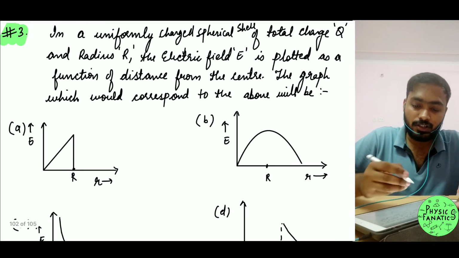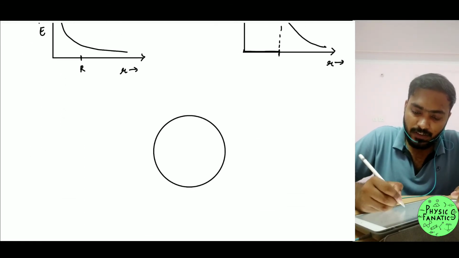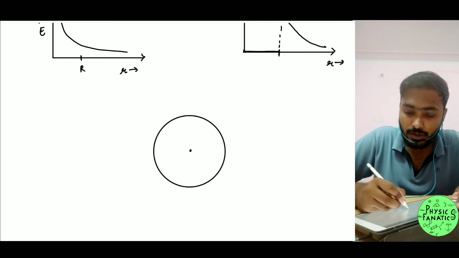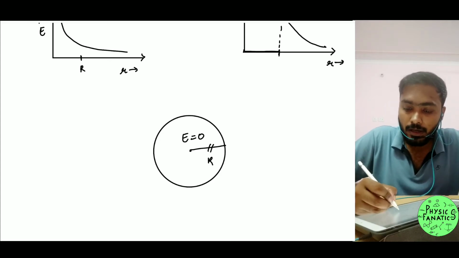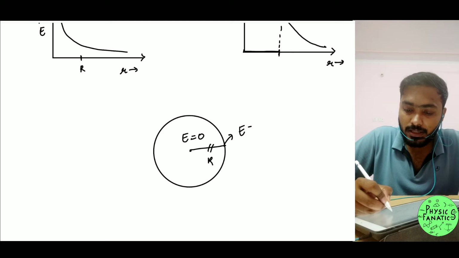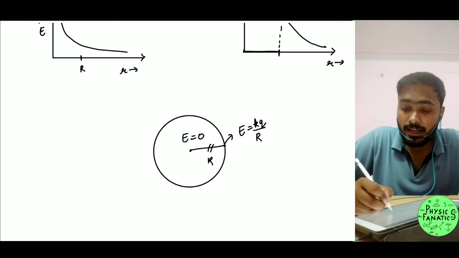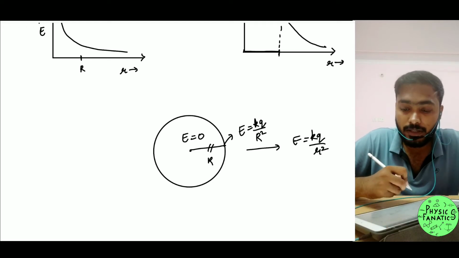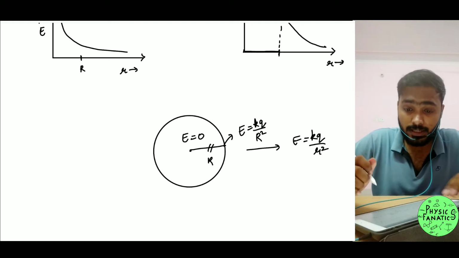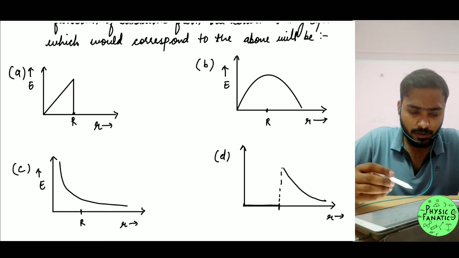If you guys remember, for a charged spherical shell, we have found out the electric field at different places. One thing is sure, inside the radius r, the electric field was 0, right? On the surface, the electric field was E equals kq upon R, right? And as we move along, it was E equals kq upon R square. I forgot the square. Is that a yes or no? So I think we have done this one. So which figure do you think will follow?